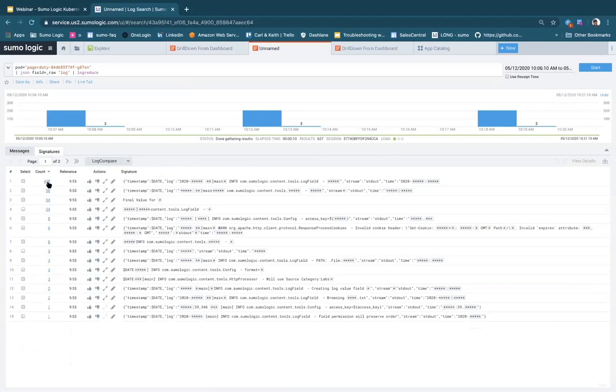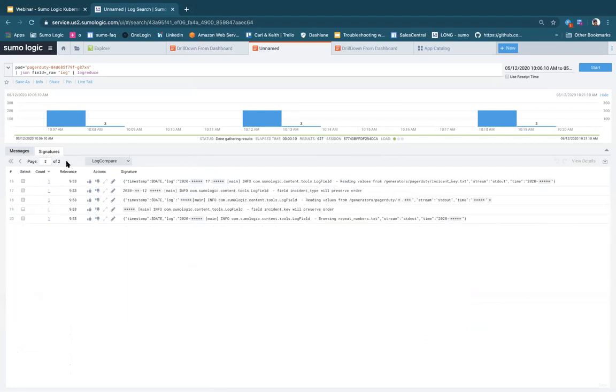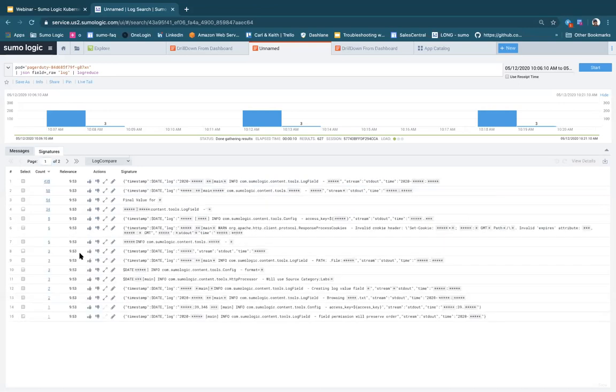Looks like there's a bunch of info level messages. And typically, to see the things that matter the most, you want to take a look at some of the messages with a low count here. So it looks like it's reading some values, and we may have changed some values on some configurations. But if we go back to just the individual messages,